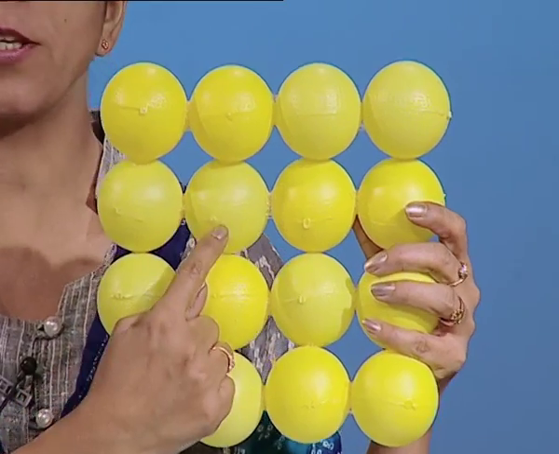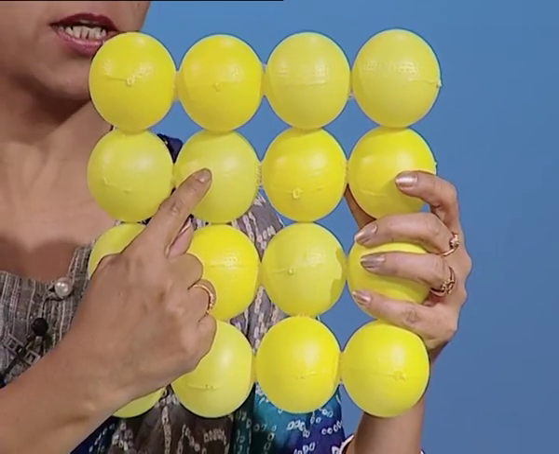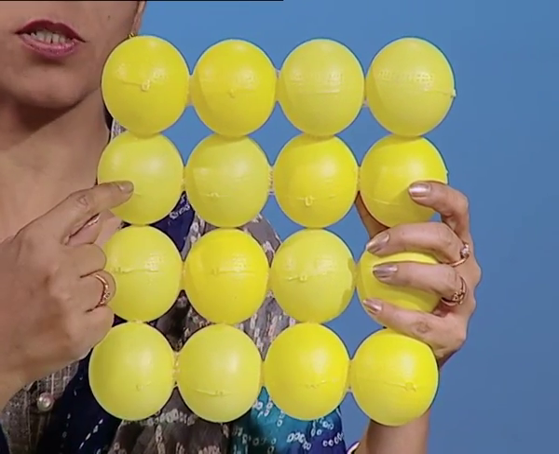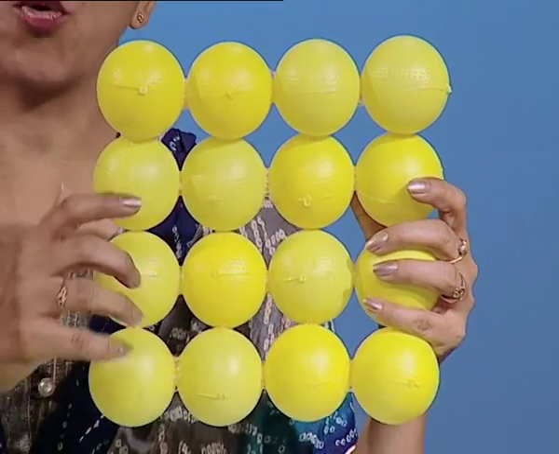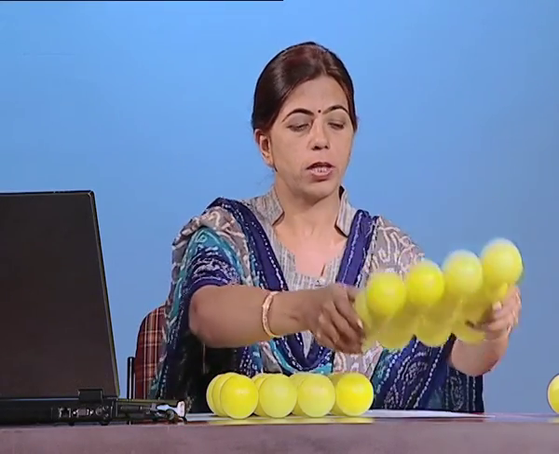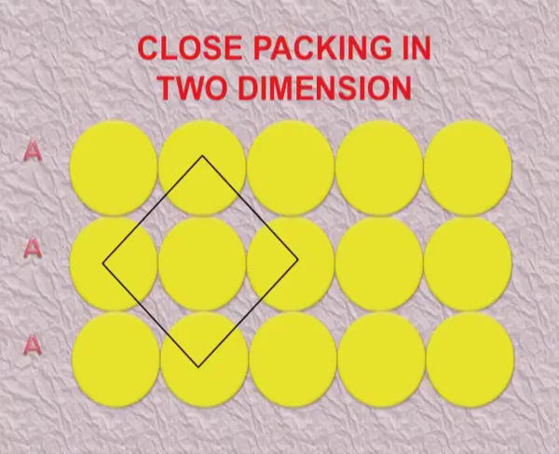Now let me explain to you the coordination number. Just see this ball, this atom, it is touching these 4 atoms. So its coordination number is 4. In the square close packing, the coordination number is 4. Just see the pictures. Can you see a square is formed when we connect or join the centers of the atoms which are touching the central atom? That is why it is known as square close packing.